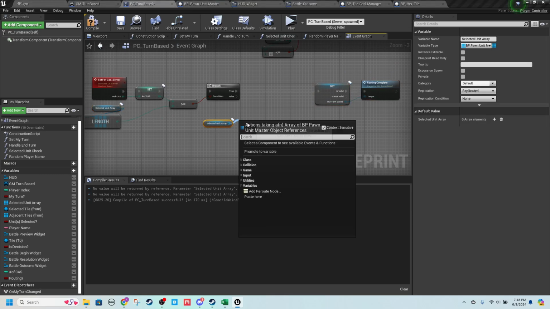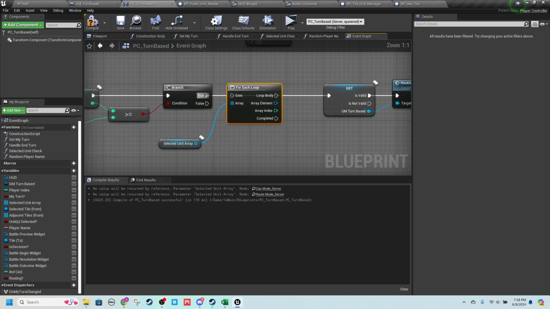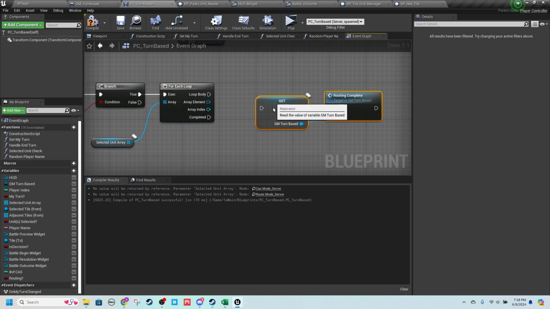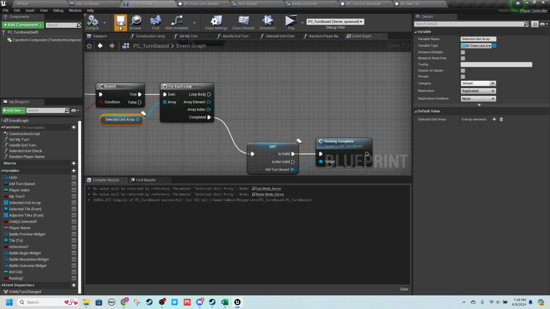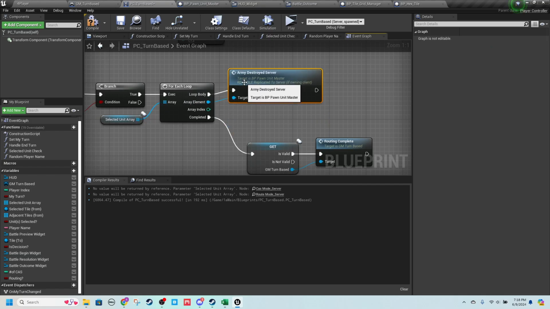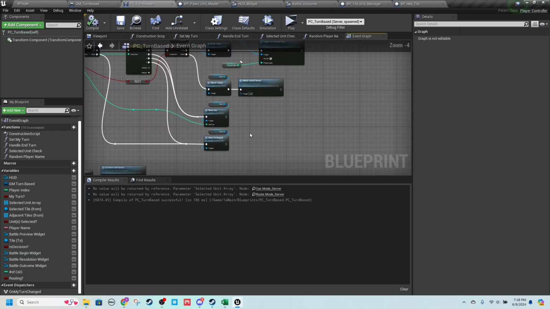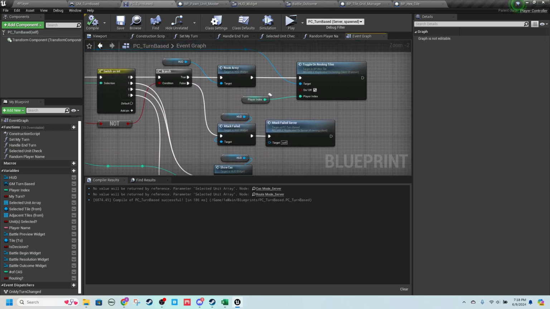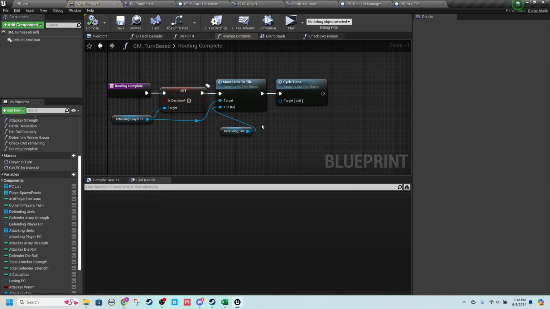So let's grab this, do a for each loop. One second. All right, for each loop, drag this down because it's going to run off of var completed. Army destroyed server. So for each loop, army destroyed server. And then we'll do the routing complete, which we don't really have. Okay,